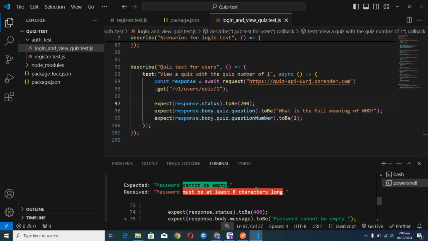So let's look at password cannot be empty, right? The radio will disturb me. The radio will disturb me. Anyways, so